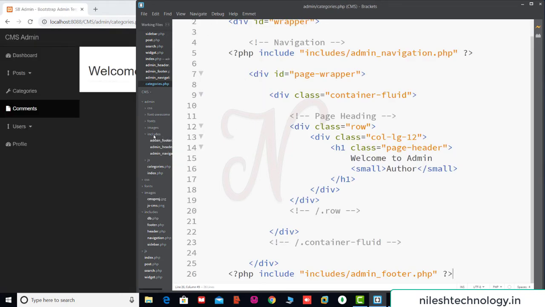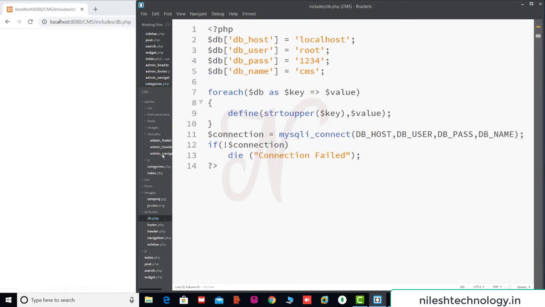So we have a database in the include directory, not in an admin include directory. See here, this db.php file is included in the user panel, not in this admin panel. So this user panel include folder db.php file we include in this category section. If you want to create new files, this include line is added for every file. So we ignore this repetition and add this connection only one time in the header file.